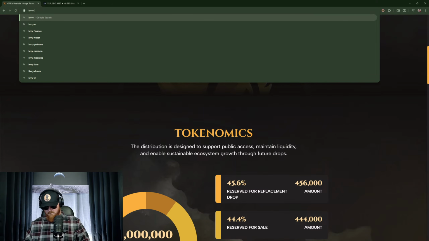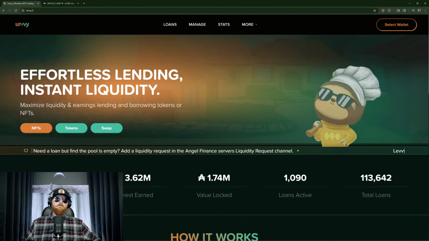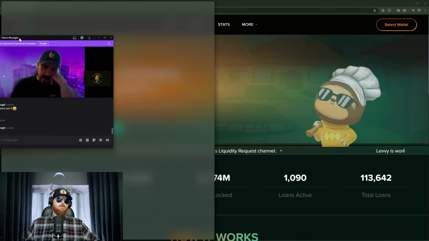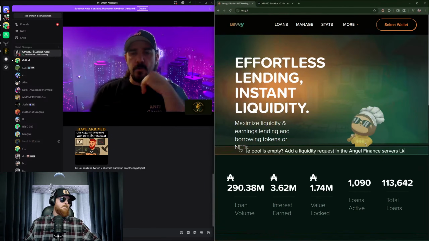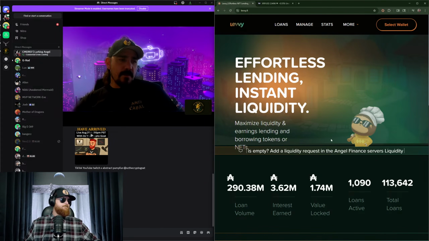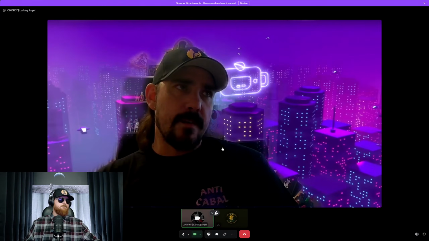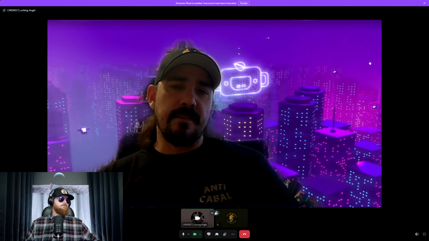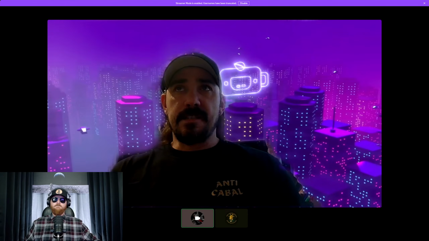So Angel Finance started out basically as an ETF-style project on Cardano back in January of 2024. The initial concept was that we had a token sale, and instead of taking that money and moving it outside of the ecosystem, buying miners or investing it in bullshit like half the other projects on Cardano did at that time,